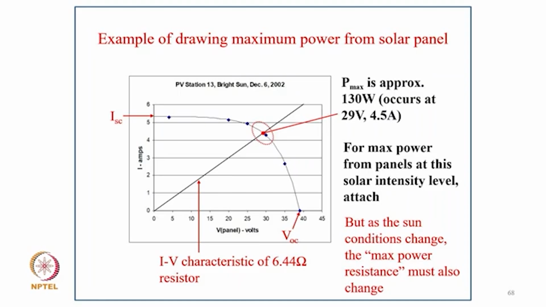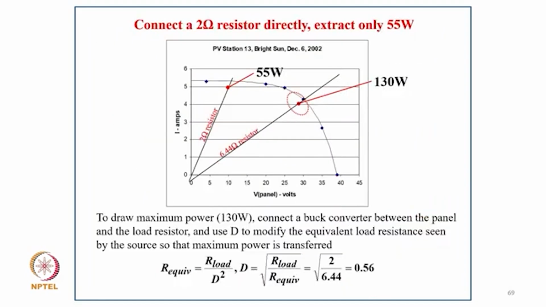So here the IV characteristic is 6.44 ohm, and when the solar intensity changes, we go to another operating condition, like 55 watt, and this resistance value also changes. So we have a load resistance lower than that. To draw maximum power of 130 watt, connect the buck converter in parallel with the load resistance, and use D to modify the equivalent load resistance seen by the source, so that maximum power is transferred. So R equivalent equals R load upon D square, or D equal to root of R load upon R equivalent, that is root of 2 divided by 6.44,